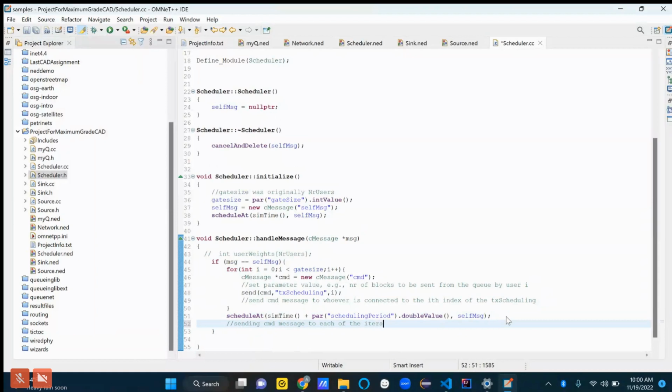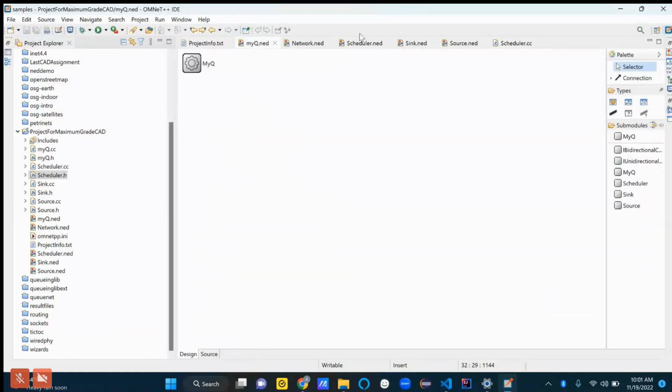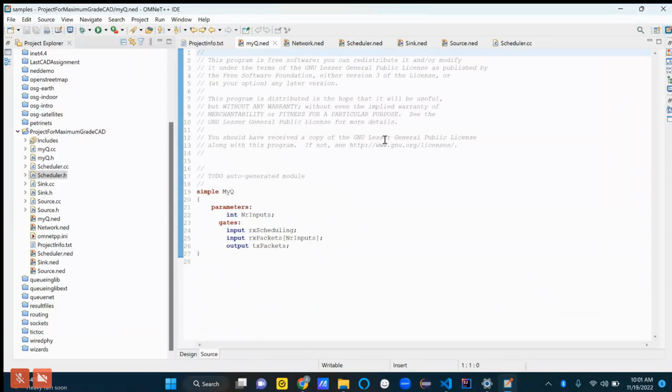Cool. Maybe it's a good time to check out myq.net. The design tells us nothing, basically. But okay, it has three gates apparently, two inputs and one output.